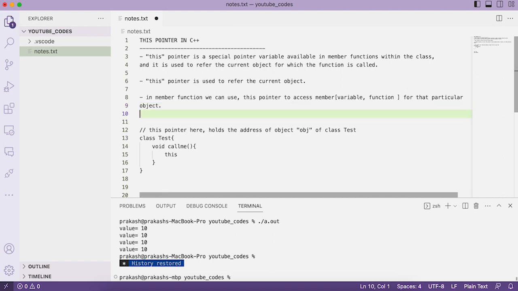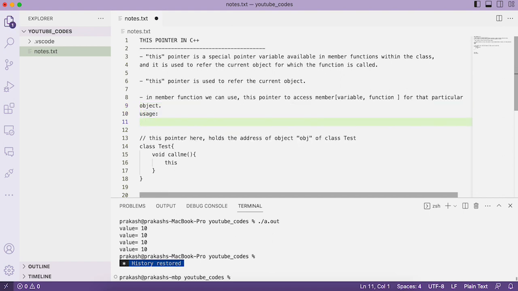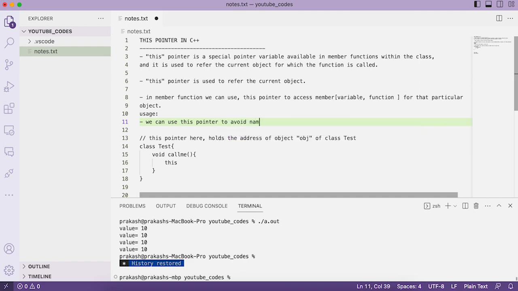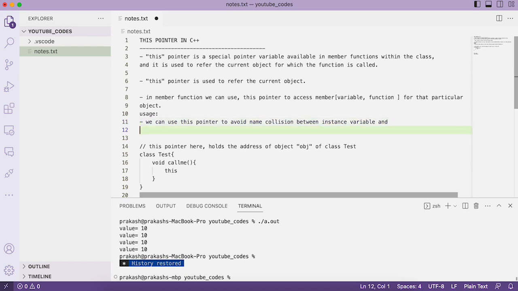Another use of this pointer is that we can use this pointer to avoid name collision between instance variable and constructor or function parameter. So in order to avoid the name collision, if you have a function parameter that has the same name